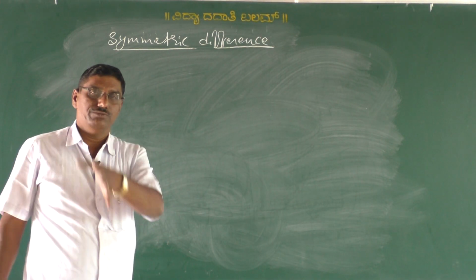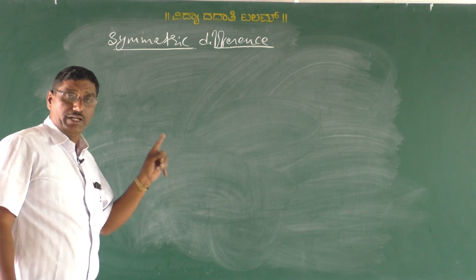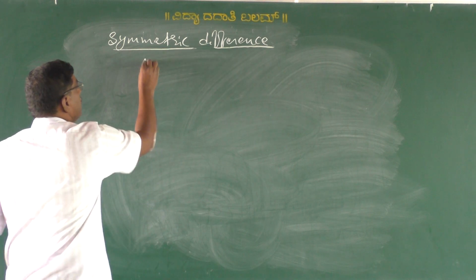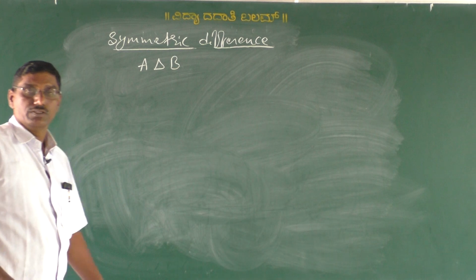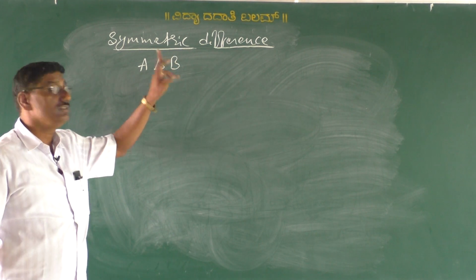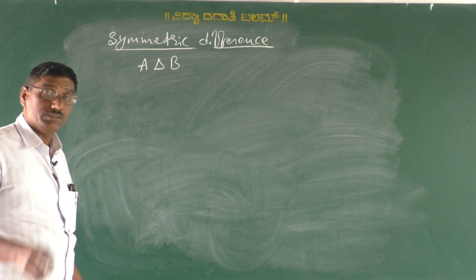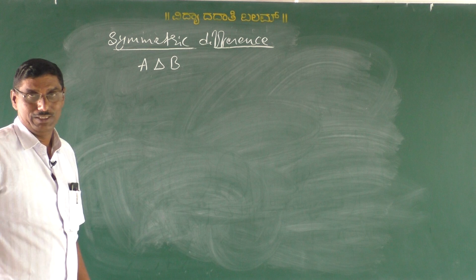Consider two sets A and B. The symmetric difference of these two sets A and B is denoted as A symmetric difference B. Now, A symmetric difference B, the symmetric difference of A and B, is defined